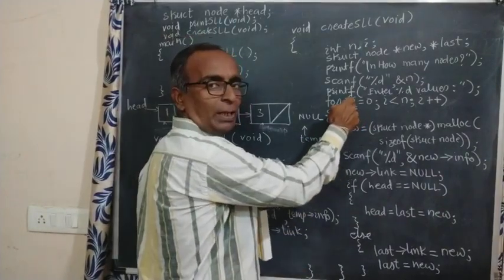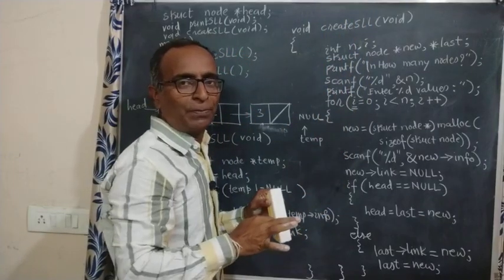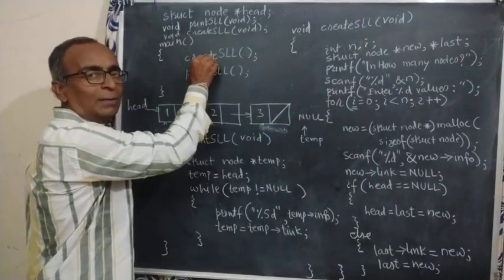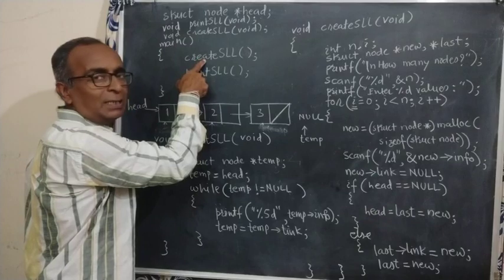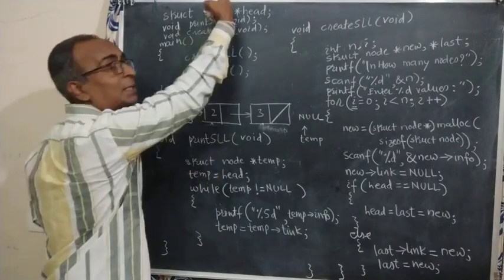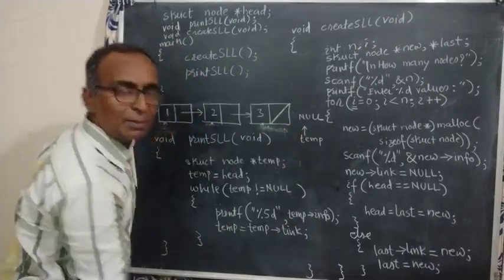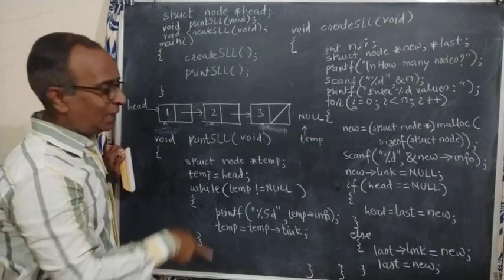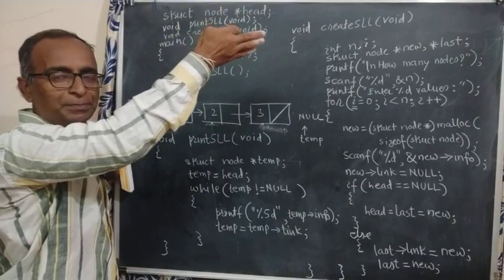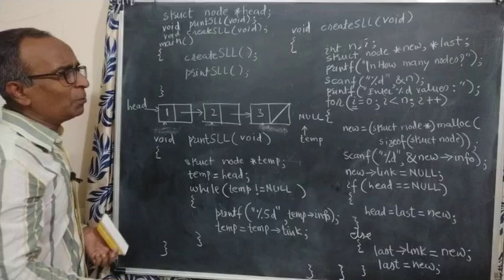Before this point, somewhere it should be declared in that scope. Somewhere. Now createSLL is called here, but its implementation is after this main. So you have to declare this before. But if you write the main function after all other functions at last, then createSLL, which you are calling in main, has been defined earlier, so that will be available. So this is the complete program.